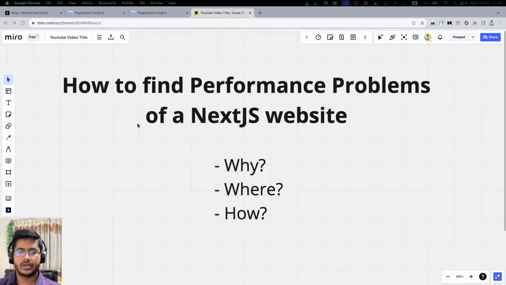Now, we'll try to answer three questions. The first question is why? Why should you even care about the performance of a Next.js website? There are two benefits. The biggest benefit is the user's experience. Users love fast websites. So as an engineer,